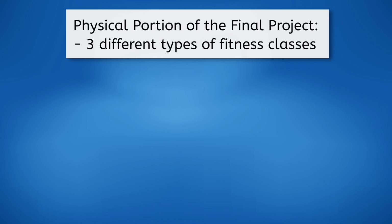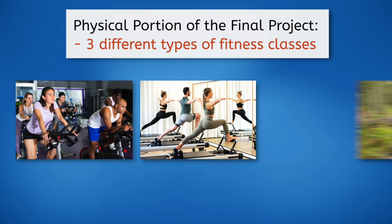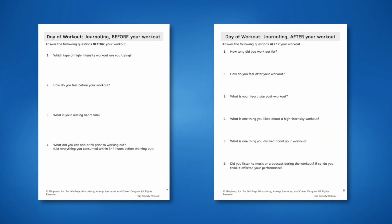Over the course of this unit, you will be taking 3 different types of fitness workouts: a high-intensity workout, a low-impact workout, and an outdoor or recreational type of workout. Today, we will be discussing high-intensity workouts, and after this video, you should be ready to head out on your own high-intensity adventure. With each workout, the PDF will have a small journaling section, allowing you time to reflect on